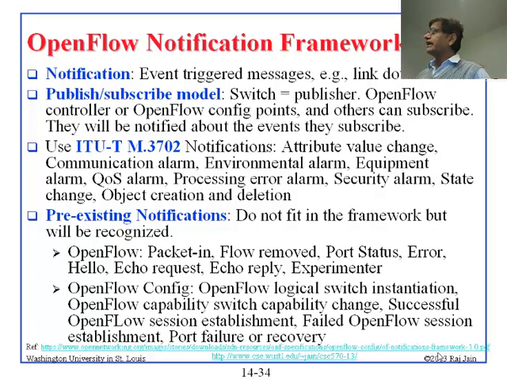OpenFlow config had notifications too, and those were logical switch instantiation. So if something got created, then they will be notified. OpenFlow capability, switch capability change, successful OpenFlow session establishment. So I was happy, I was able to connect to the controller. Failed OpenFlow session establishment, I could not connect to the controller.